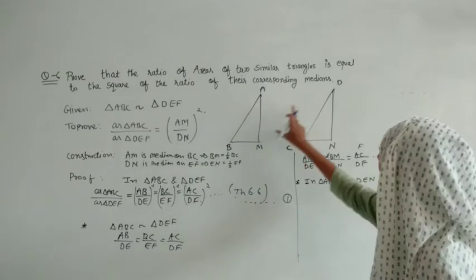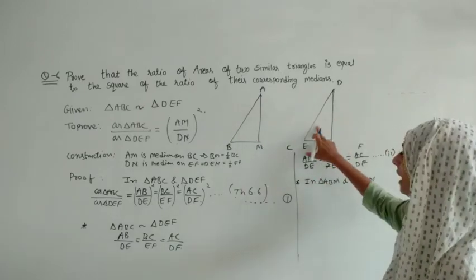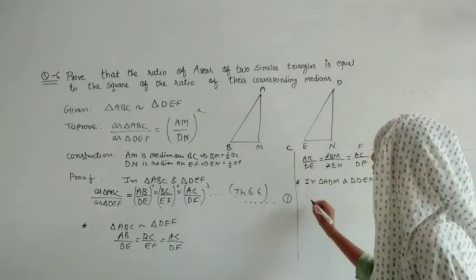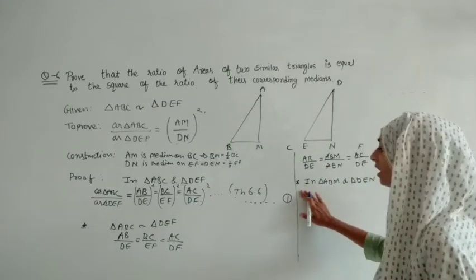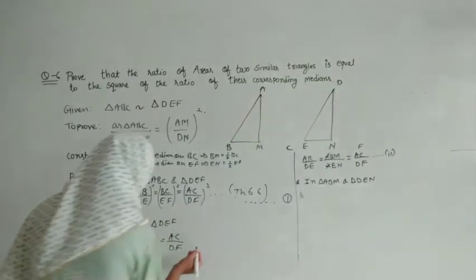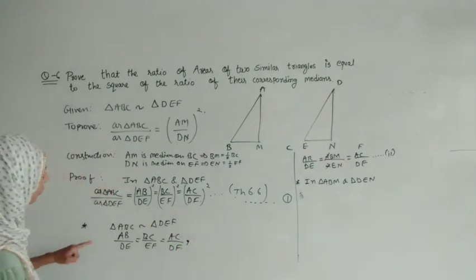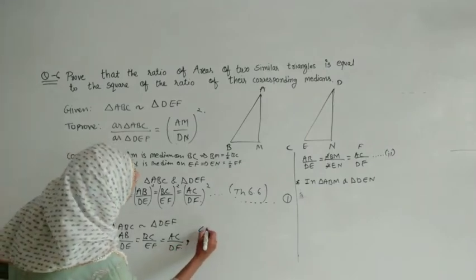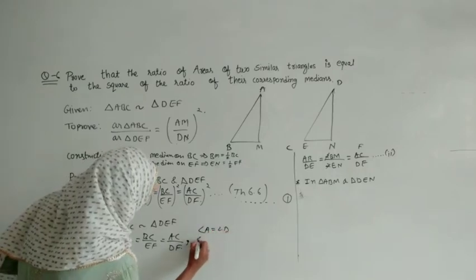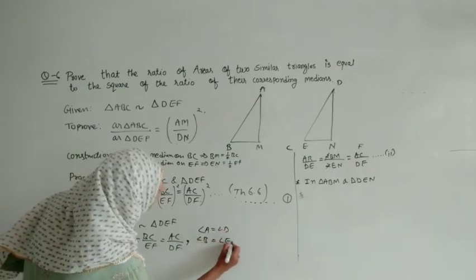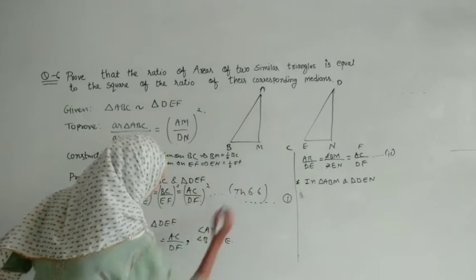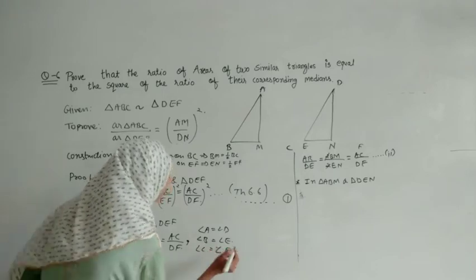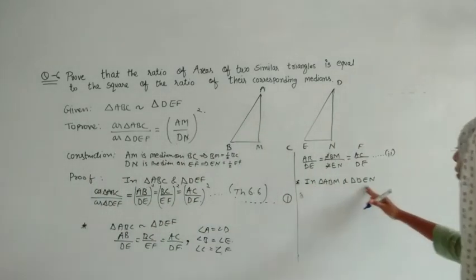Similarity of that is AB by DE we having, BM by EN we having from 2. So we will mention one angle over here. So here that angle we can write over here too. So let us write over here. So we will just use it. So here we can write 3 sides ratio same, as well as angle A that will be equals to angle D, as well as angle B is equals to angle E, as well as that angle C that is equals to F. Okay, so here we will just mention over here that if you want to prove it similar,